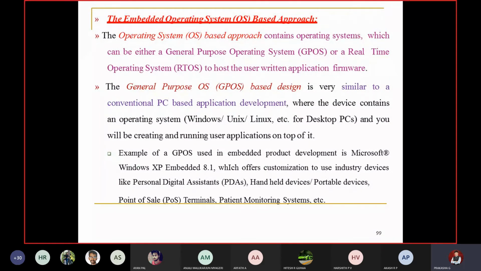The conductor has a device where you can print the ticket. You can enter the source and destination points and print the ticket. The petrol pump has a gadget, a personal data assistant. Whenever you give the card, it enters that. In shopping malls, when you purchase some goods, he enters all those things, where an OS is available in that particular device.